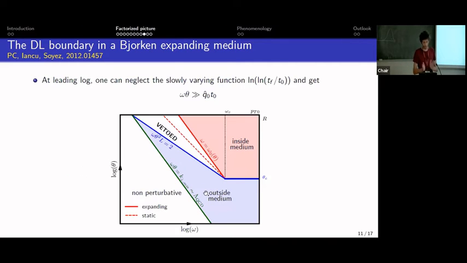So I think it's better to see the modification in terms of phase space. If you compare the picture in the static case, in the Lund plane, the in-medium boundary was given by this dotted dashed line here. In the case of an ideal expanding medium, to leading log accuracy, it's given by this red line. So not a big modification, but at least formally at DLA, it's a double log effect actually, because it's an area in this Lund plane.